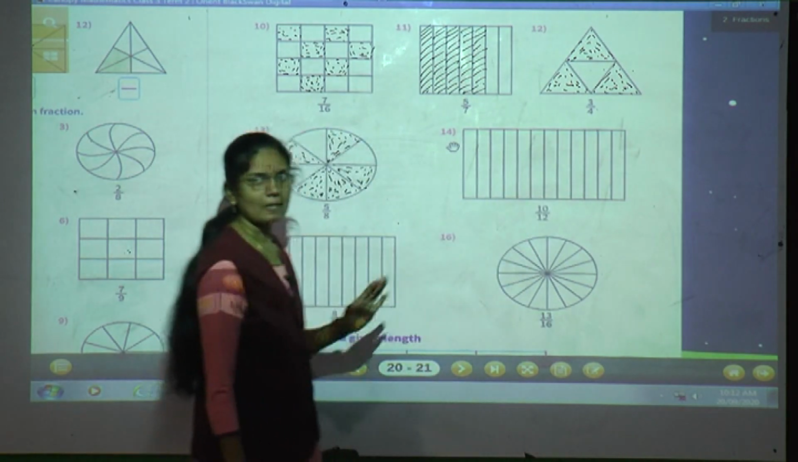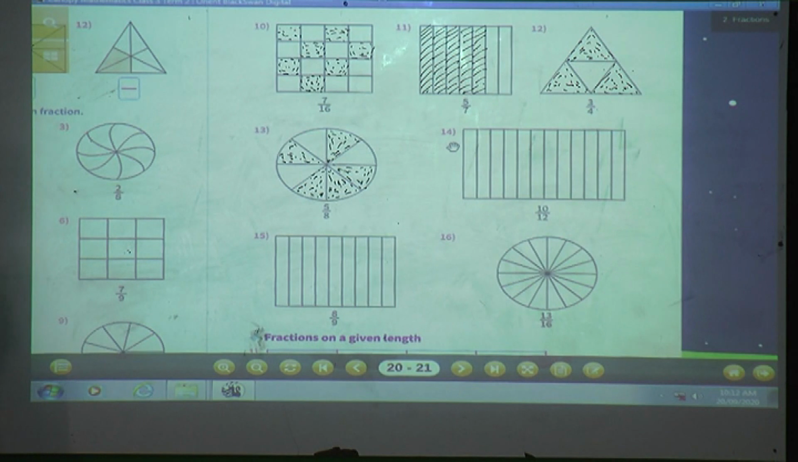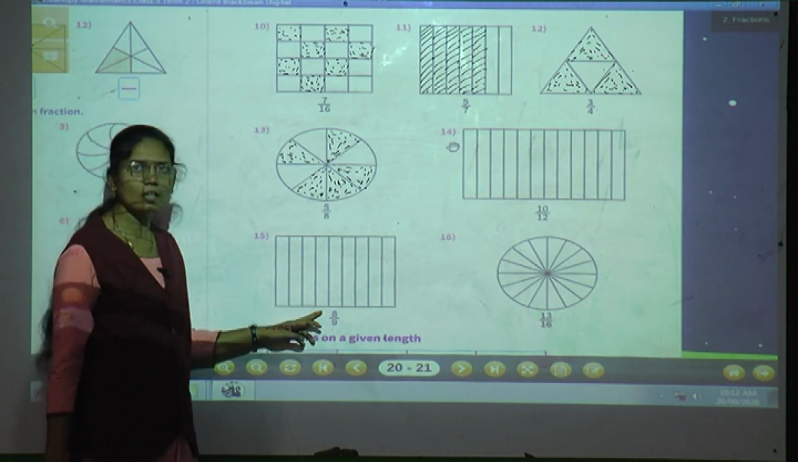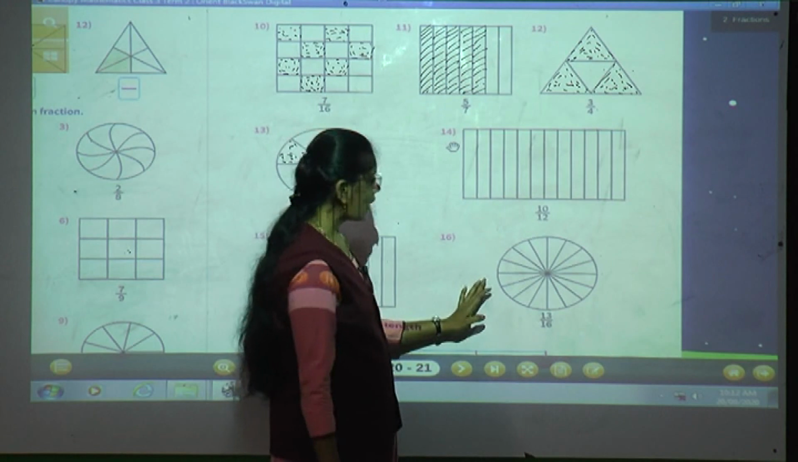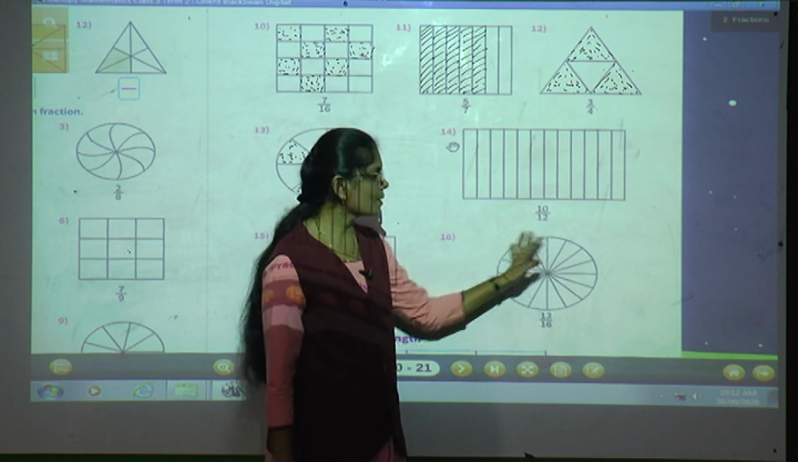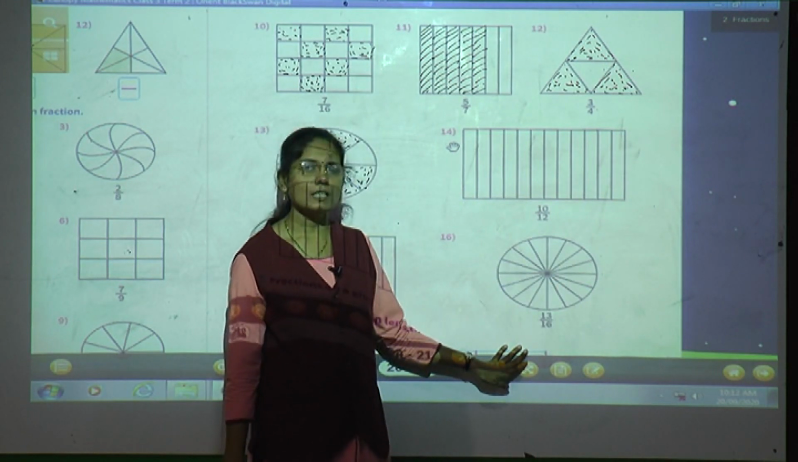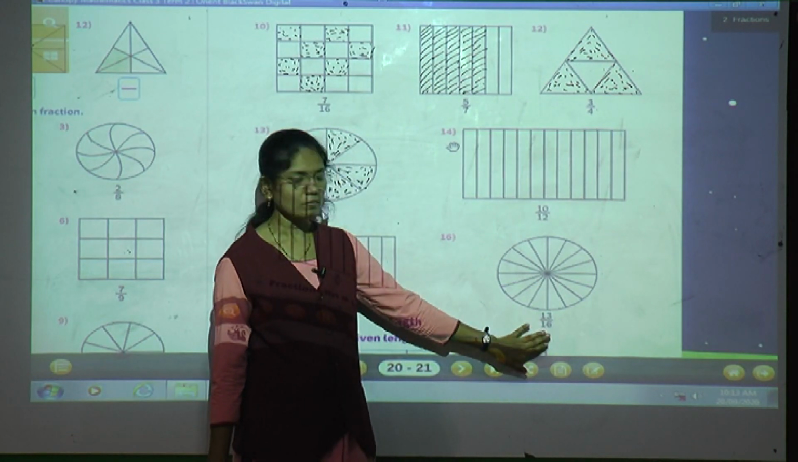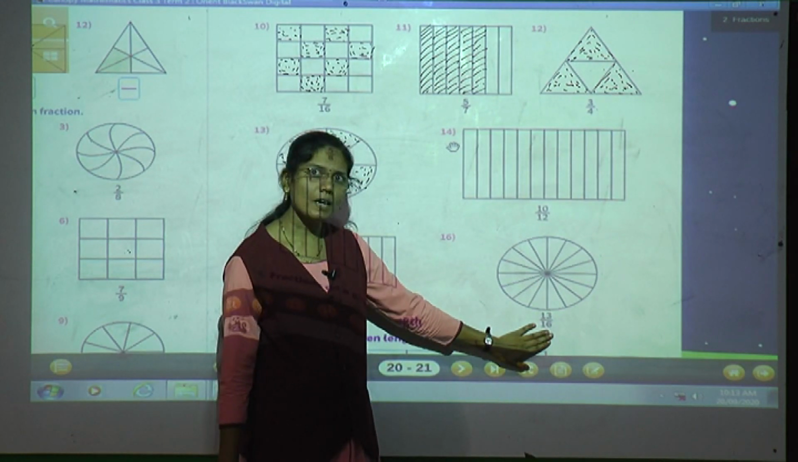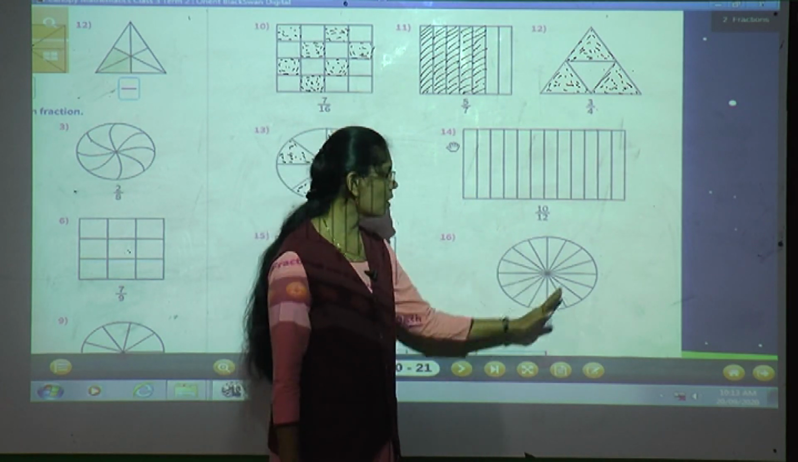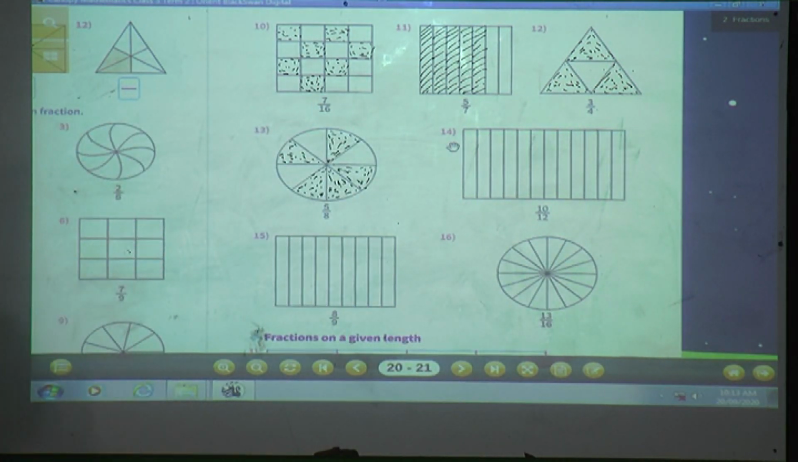color 10 parts. See this next example, that is 8 by 9, means this whole is divided into 9 equal parts, and out of that 9 you have to color 8 parts. Okay, and the last example, that is 13 by 16, means this whole is divided into how many parts? In 16 equal parts. Then out of 16 parts, how many parts will you color? You will color 13 parts. Okay, so color all the given parts and complete the exercise